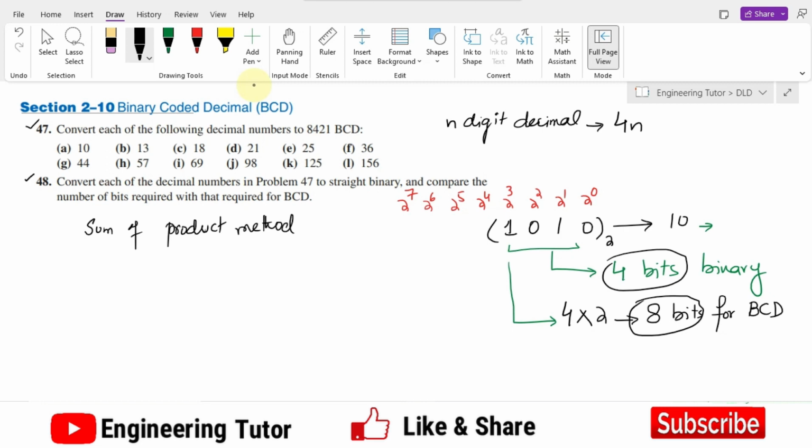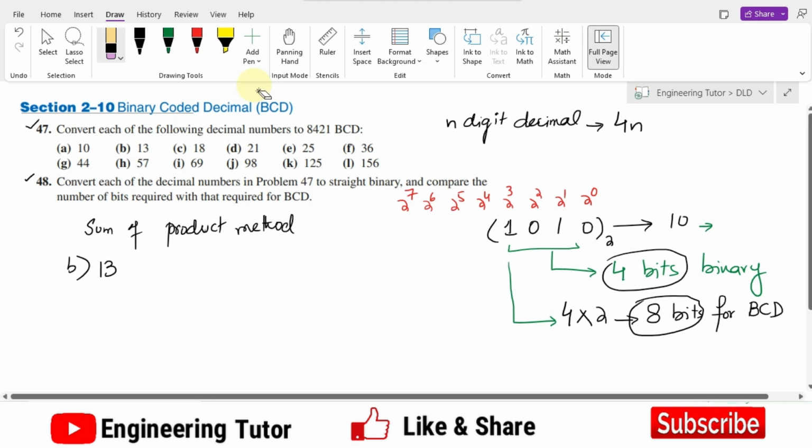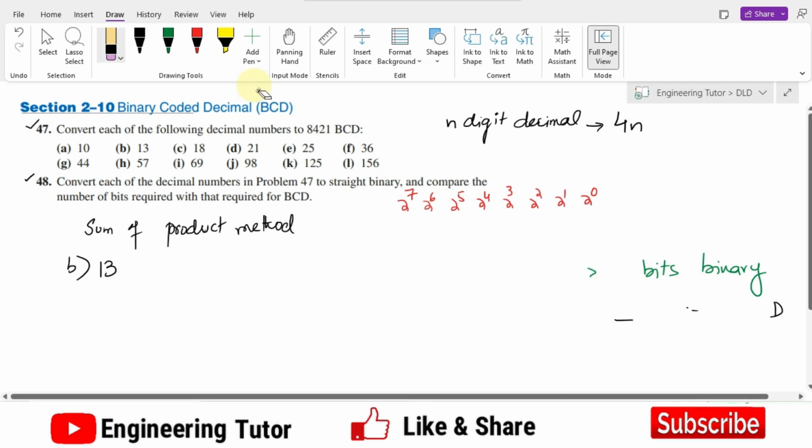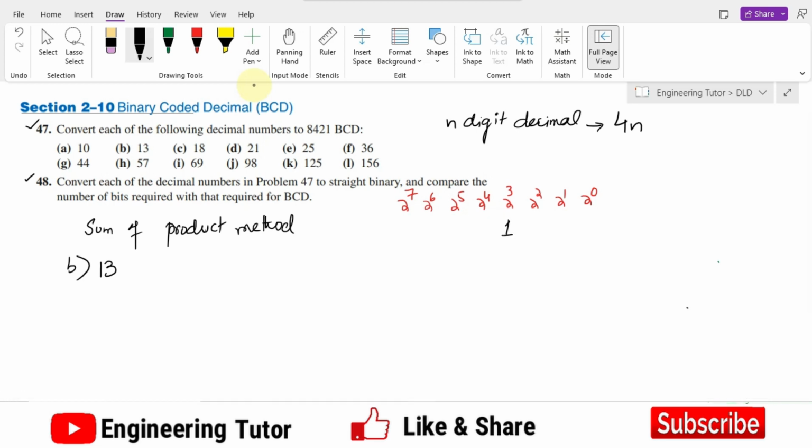Similarly, let us now go towards this 13. B is 13, so now let me convert it to binary as well. Again I can see that this 8 is the lower limit, because 2 to the power 4 is 16, which is higher than that. So 2 to the power 3, and how much is left? 5 is left, so therefore I'm using this one. So this is 4 plus 8 is 12, plus 1 is 13. So again I am getting 4 bits